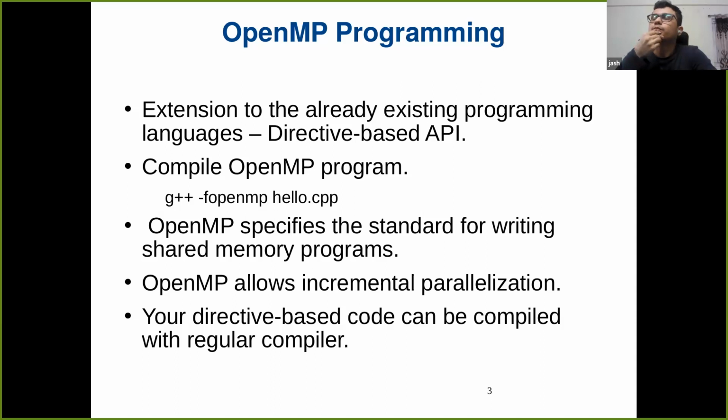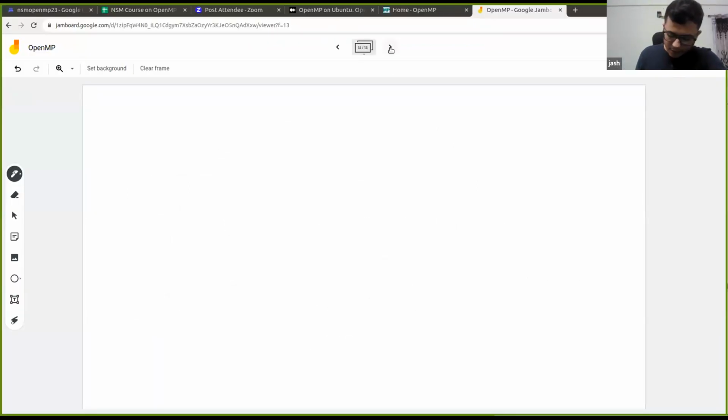Okay. I'm not sure, but let's say your task is designed in such a way that there is a lot of dependency. So let me take an example here. Let me share it on the whiteboard. Let us say that you have a simple for loop, and in this for loop you have your computation in such a way that